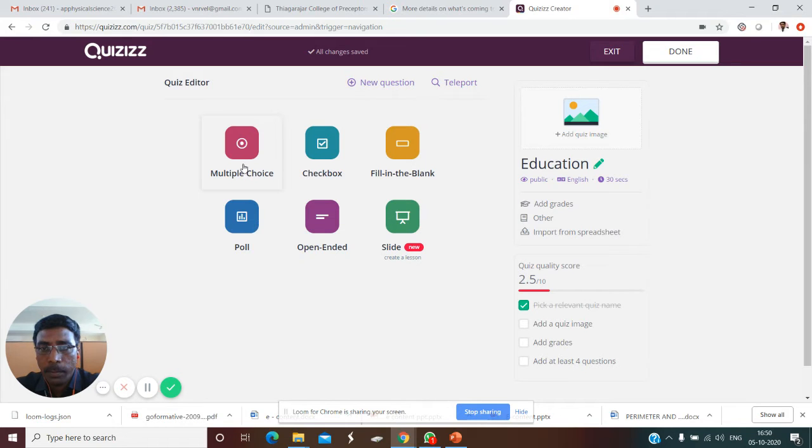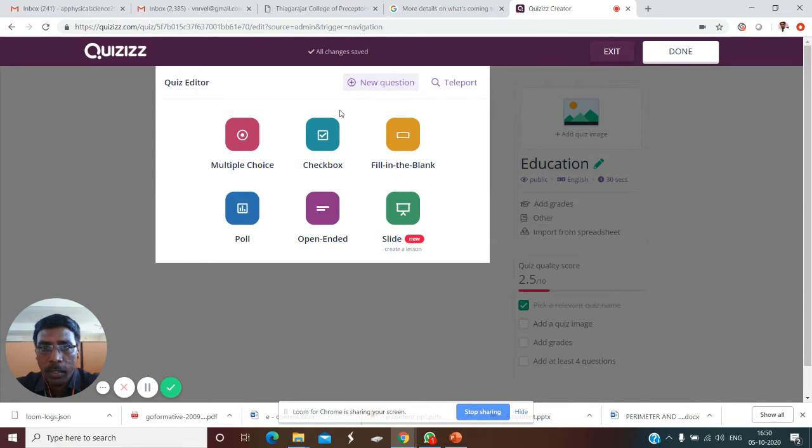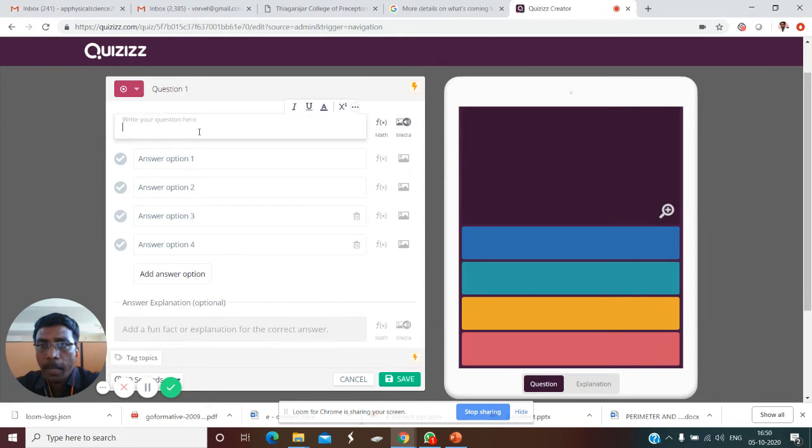You can find the quiz editor option, and you can add questions. You have multiple choice, checkbox, fill in the blank, poll, open-ended, slide. These are the options recently updated in Quizizz. Now, how to add a new question? Just click new question. You can select multiple choice question and type it, for example, to introduce psychosocial theory.